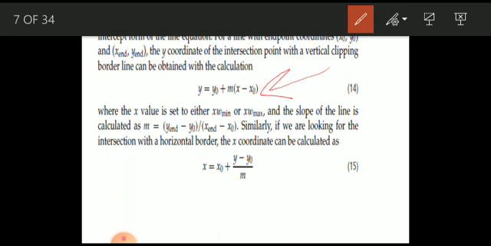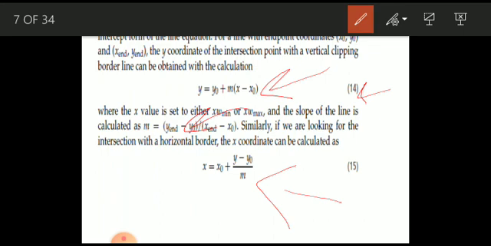As we are already aware from mathematics, any slope is given with an equation where it is the difference in the y coordinate divided by the difference in the x coordinate, so as to say m is equal to y end minus y naught divided by x end minus x naught. And then we can also determine the x value as x is equal to x naught plus y minus y naught divided by m. Here in the first equation, that is equation number 14 as indicated here,